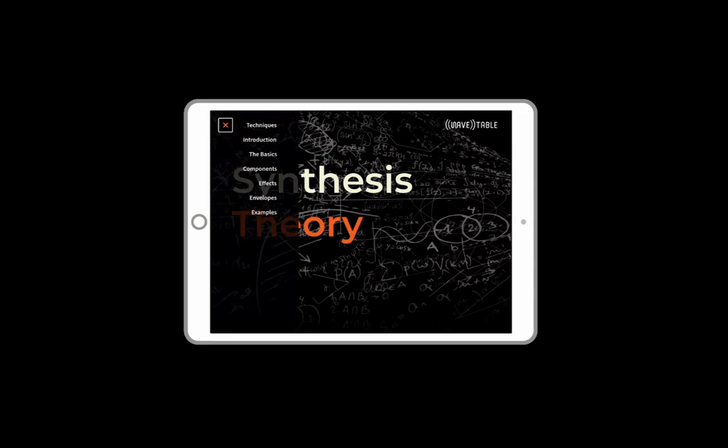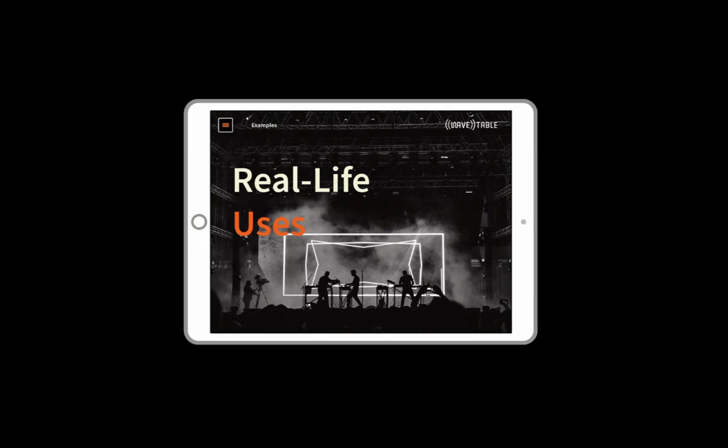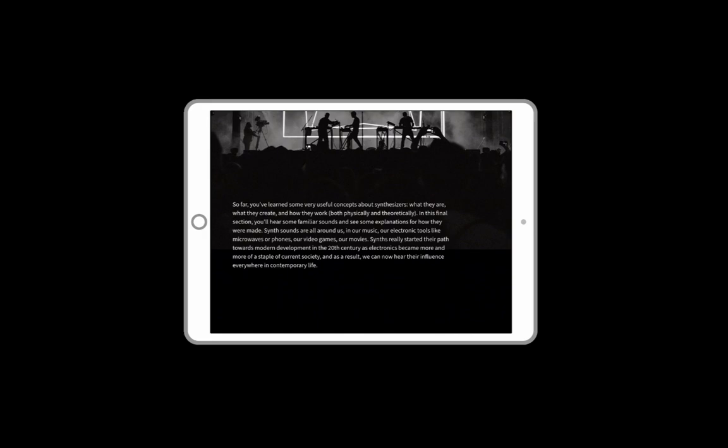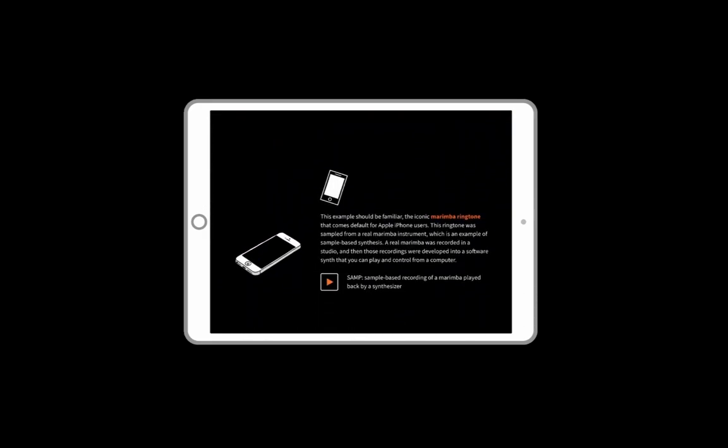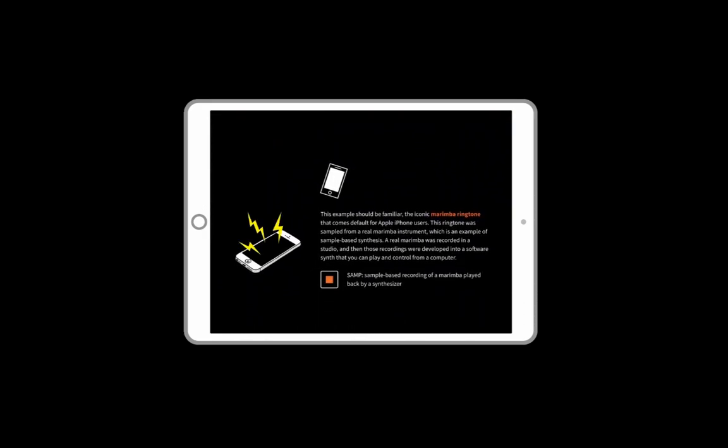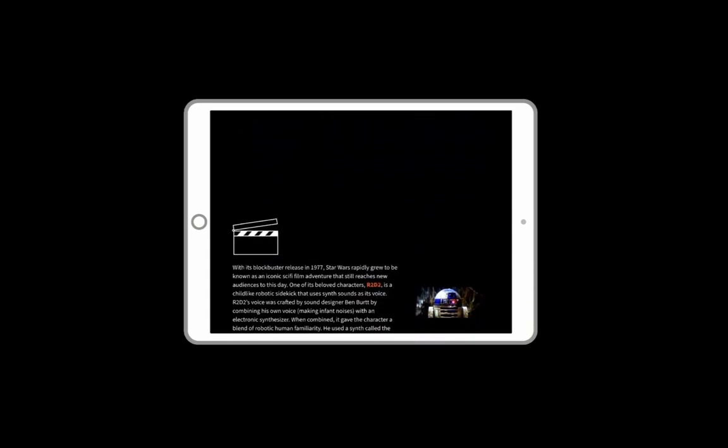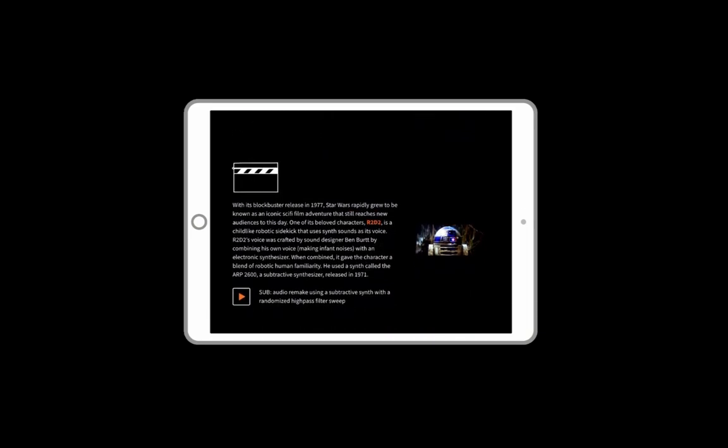Synthesis theory, and then my personal favorite, the examples screen, which shows sort of real-life examples. The first one being a sample of a marimba ringtone, R2-D2.